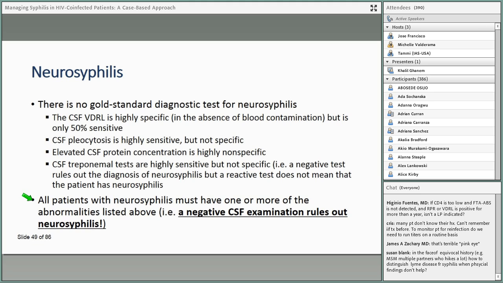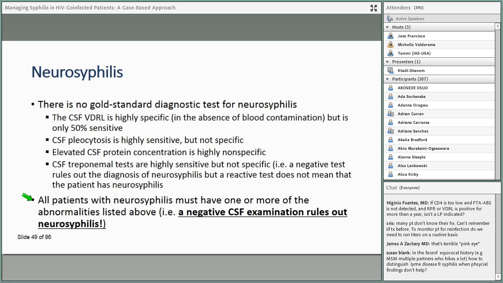I'm asking you this question, and please note that it's a very specific question. Will a CSF examination change the treatment recommendations for this patient? So if you were to do a lumbar puncture, would that change the treatment recommendations for this patient? And I'm going to try to answer this question, but I want to go over a few things about neurosyphilis